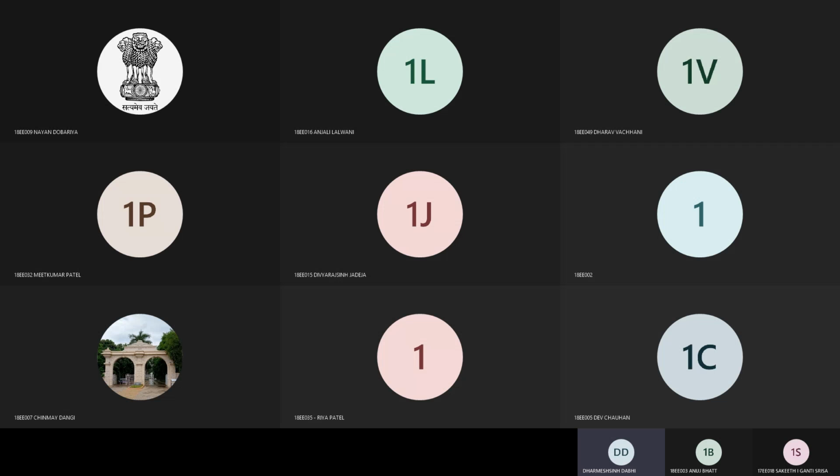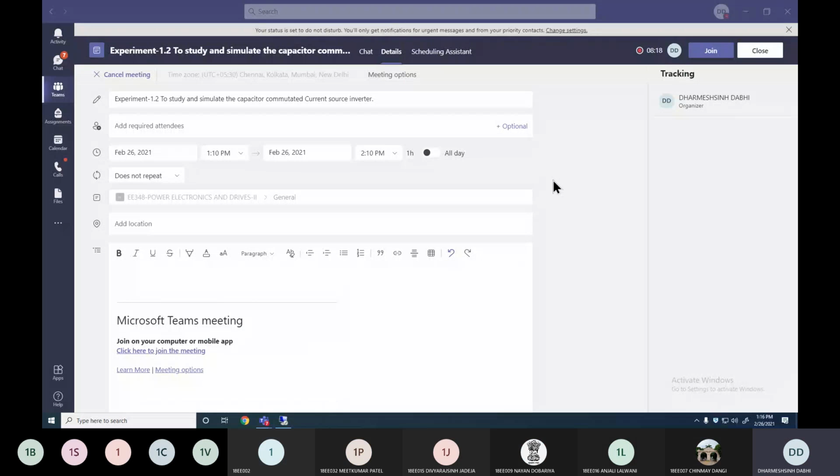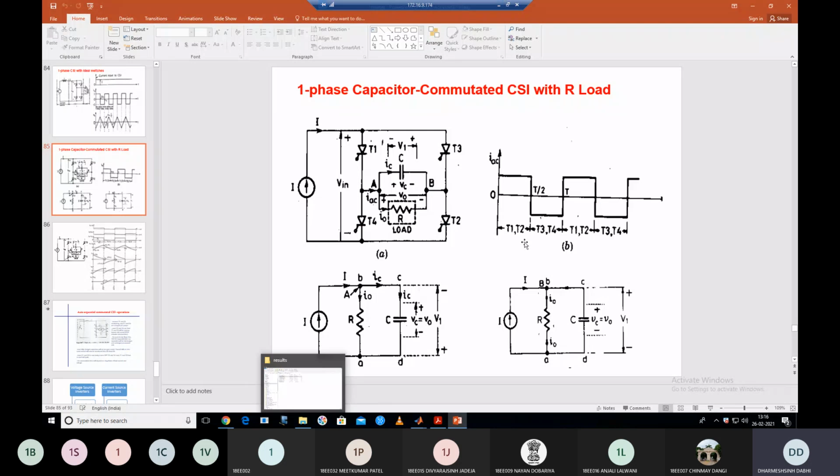Simulate the capacitor commutated current source inverter. Let me share this. As we already studied the theory of capacitor commutated current source inverter with R load, this circuit diagram will be simulated in MATLAB to see the waveform of output voltage, current